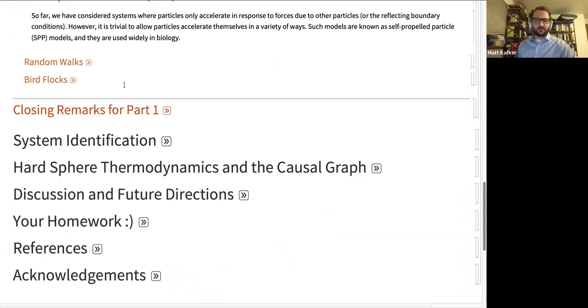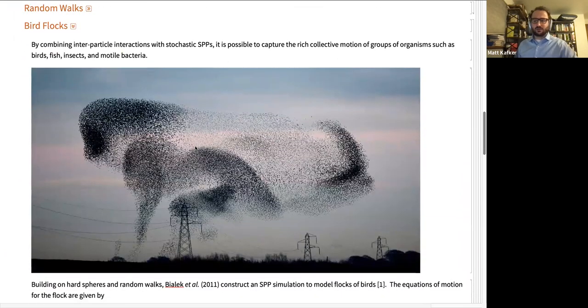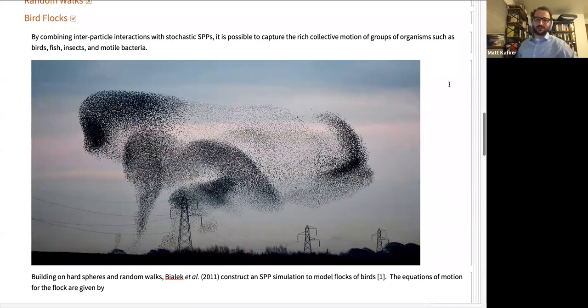Okay, and then bird flocks. If you haven't seen, you should go on YouTube and look up starling murmurations. These things are awesome. They're so cool. This is a still image. You can get tens of thousands of birds that are interacting in some big swooping massive blob that exhibits these really rich, interesting dynamics in physics. And I was fascinated by this. And I took a class on statistical physics of living systems, and they're really incredible. And in this class, one of the topics that we covered was how these bird flocks are studied.